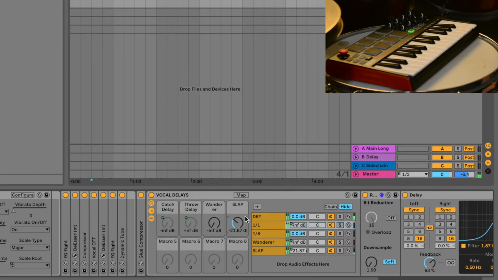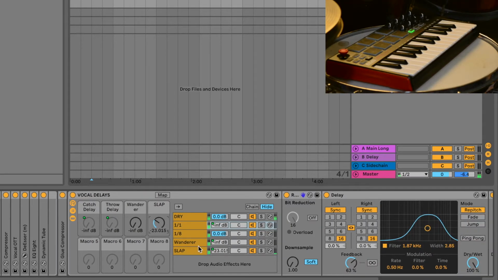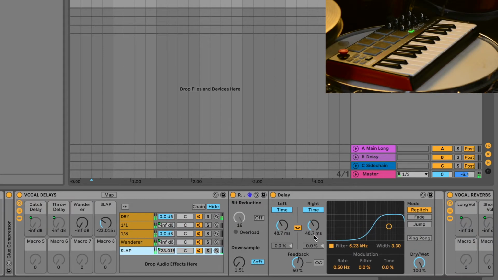There's also a slap delay. Slap gives you a very retro sounding slap, and too much of it sounds horrible, but dial it back and it brightens up the sound a bit. It's a very fast delay that's about a 32nd note or even less. Here I put it into time function, which means I can control how fast it is, and it's only 48